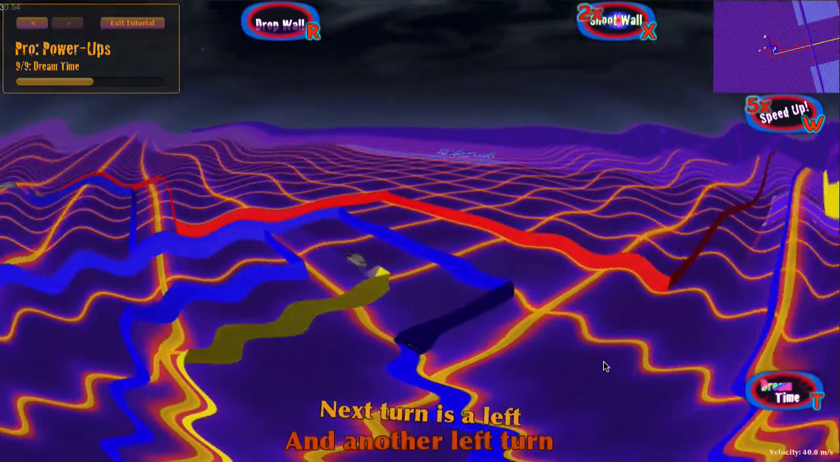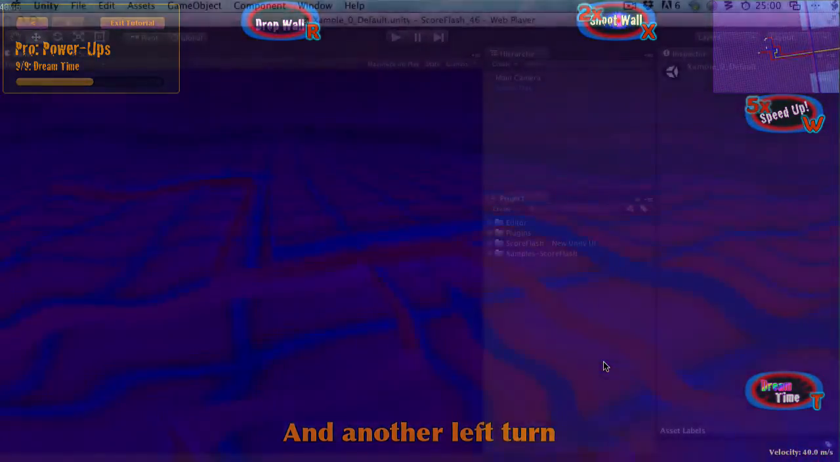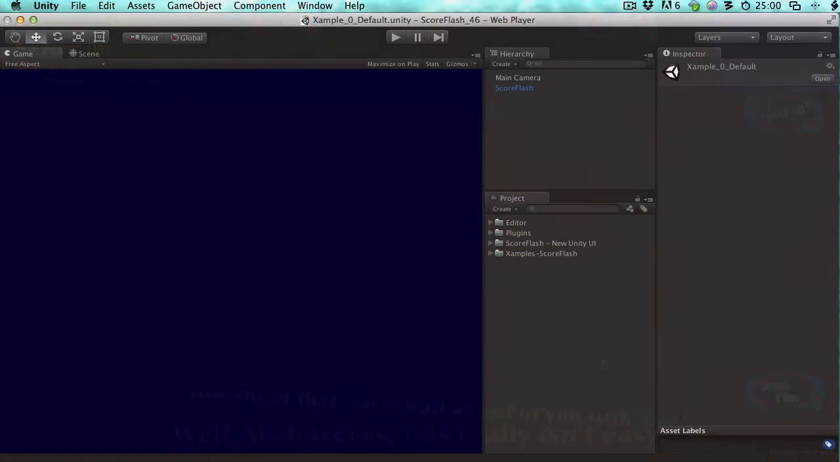So as you just saw, there's quite a few possibilities that ScoreFlash gives you. There's many different things that you can use ScoreFlash for, and there's quite a few videos that go into some of the details for different features of ScoreFlash. But this one here really is just there to give you a broad overview of how to get started with